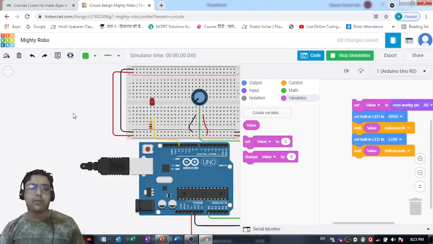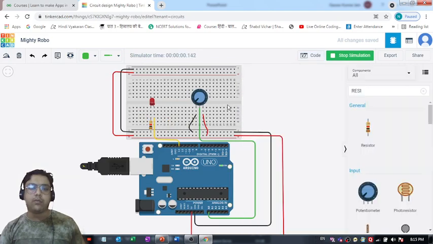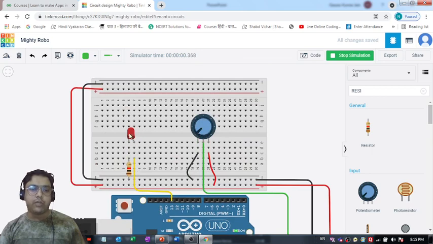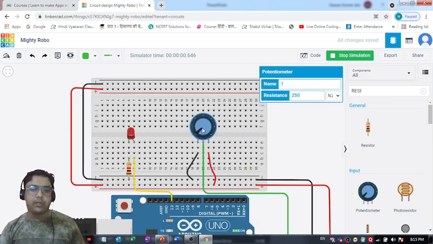Okay, so at present nothing is visible to us. Let me now change the potentiometer. It's glowing right now, and if I change the potentiometer, that's what you will get to see now. If the potentiometer is here, then the LED will fade off and then it will get on. It is going to take a bit of time.